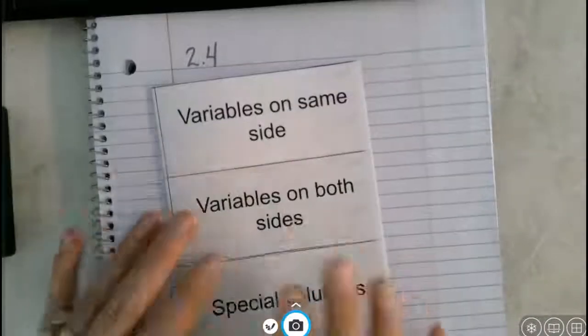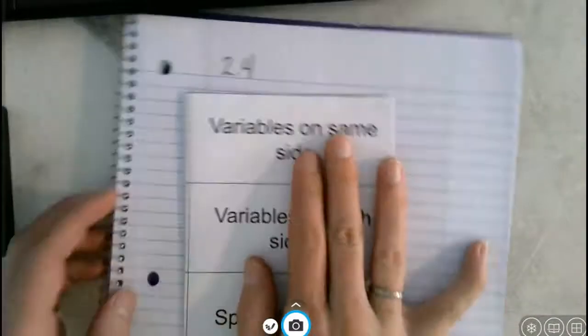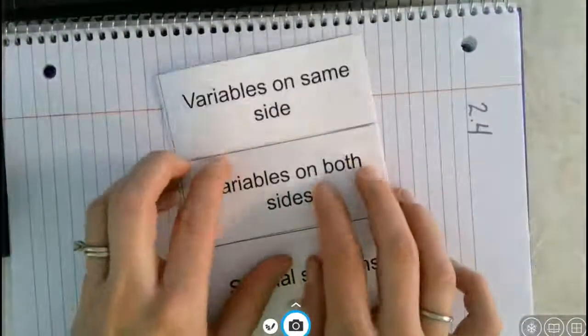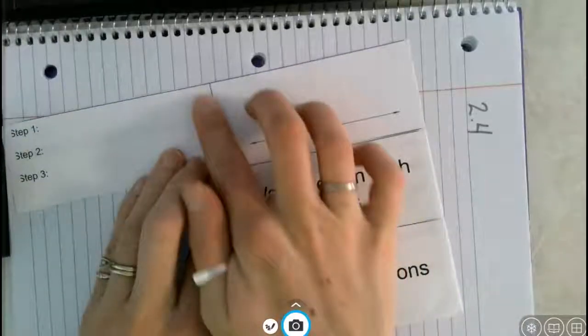So in your notebook, we're going to be using this little foldable. So go ahead and get that out and get it cut up so you know exactly where you're at and what you're working on. So first we're going to look at what we do when the variables are on the same side of the equation. So the example that we're going to be using